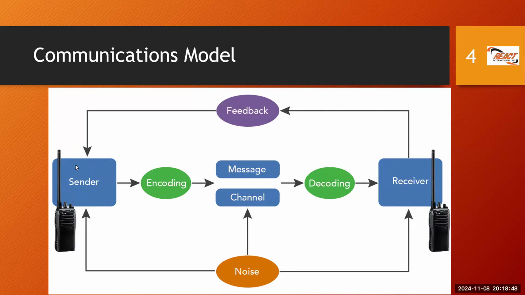But when we are going to send the message, what occurs at the sender end is called encoding of that message. And that message could be encoded, for example, in speech in English. And then when we speak, that may be analog voice that will go into digital circuitry and be sent over maybe a digital channel on your radio frequency to the receiver. And on that channel, radio frequency, they will decode the message that was encoded on one side. So you have the sender who is encoding, and that message goes through the channel, and it's received by the receiver on the other end, and it's decoded. So that's essentially what we're doing.